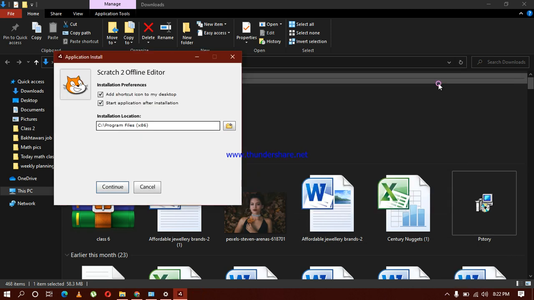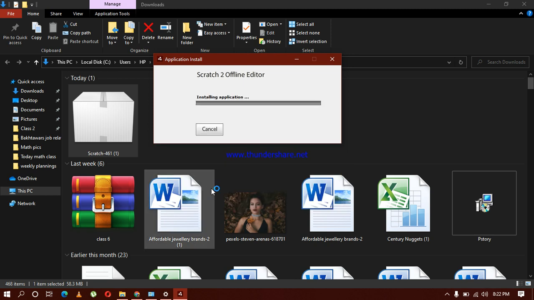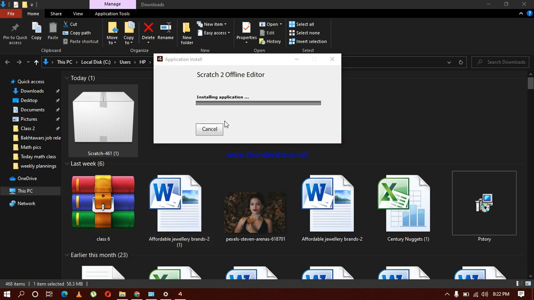Now you can see that after I have waited here for 1 minute, all right, and after that this screen will appear. Now you are going to click on continue. Yes, and now it is installing my application, and here another 1-2 minutes I think it's going to take.